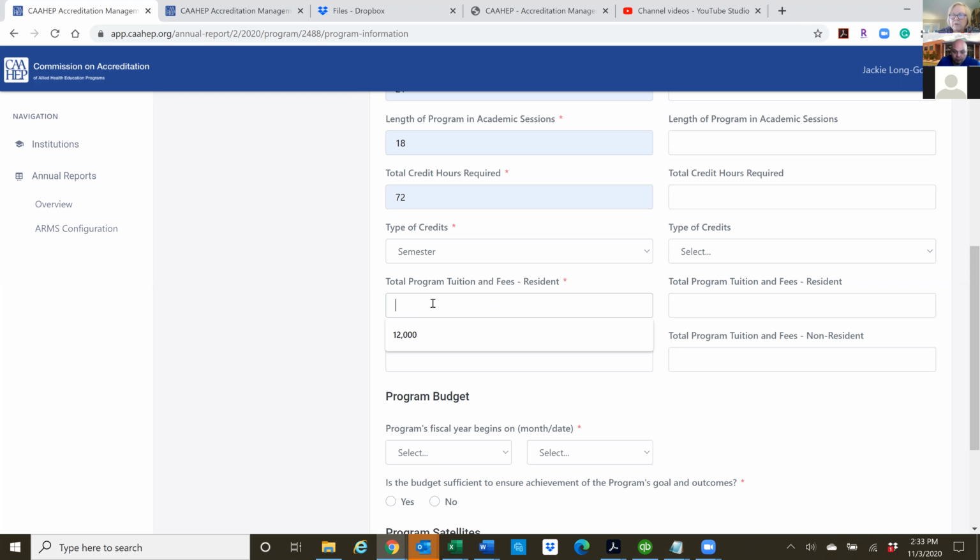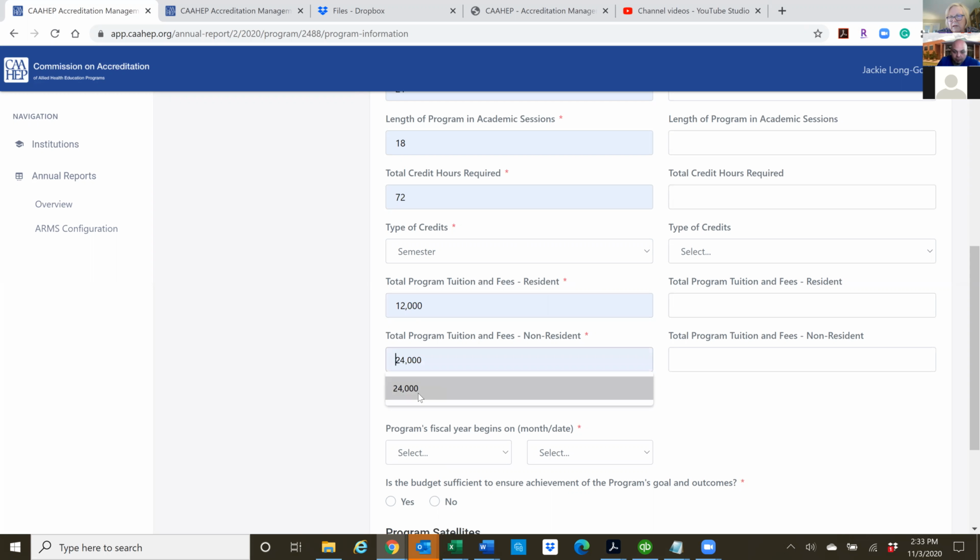And then with your tuition, you want to tell us, so if you're a community college, for example, and you have an in-state and out-of-state, or your community college has a service area and a non-service area, then you want to put in whatever your resident fee is considered to be. And then if it's a non-resident, such as an out-of-state student, you want to put that here. If you don't have either one of them, then they're going to be the same. So if it doesn't matter who comes, Johnny Smith from down the street or me from out of state, we pay the same amount of money, then you just want to put 12,000, 12,000.